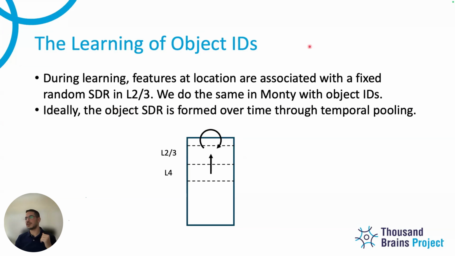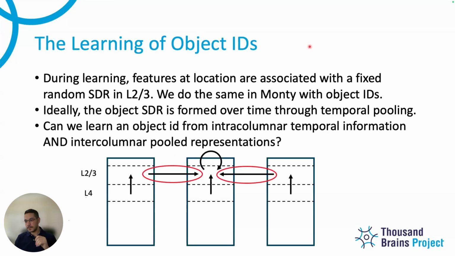So the argument is that this layer 2 and 3 representation is actually formed not just by looking at observations coming from layer 4 and layer 6 associations and its own context, but also has embedded into it what the other layers are thinking about, like the hypotheses coming from the other layers. It basically builds these associations during learning and then uses the same connections for voting during inference.